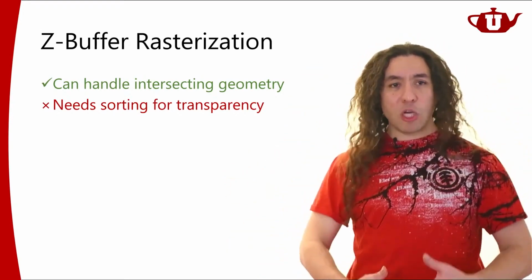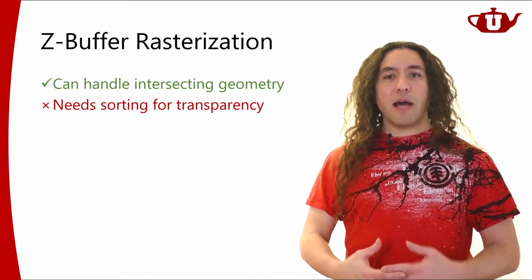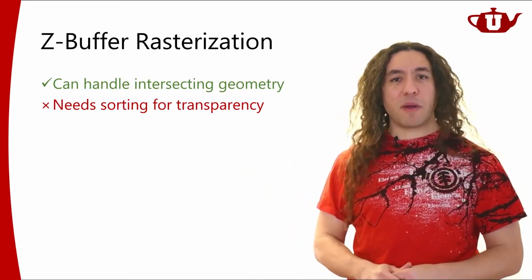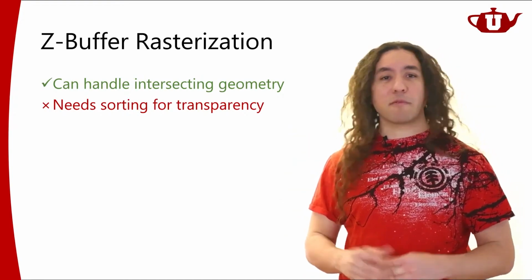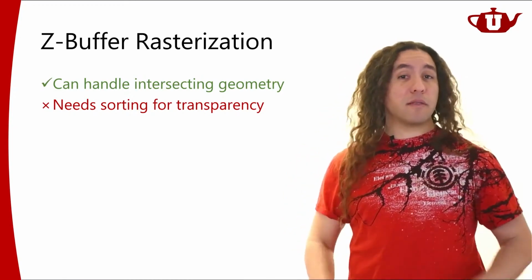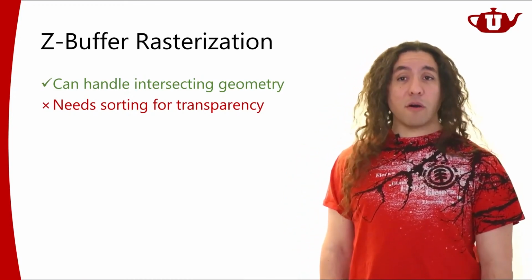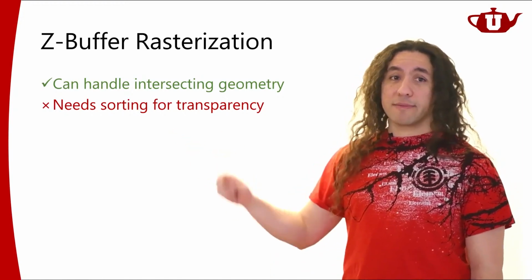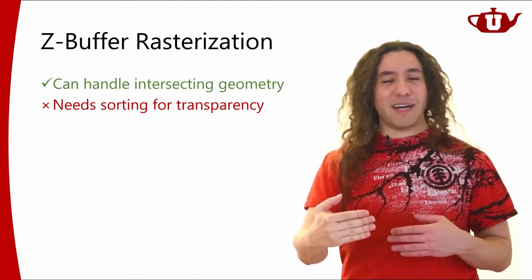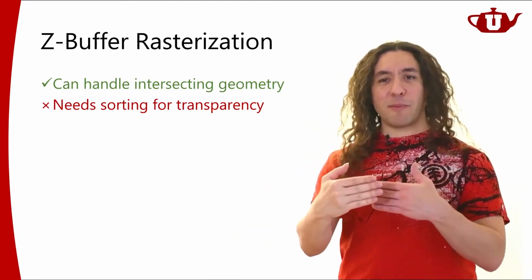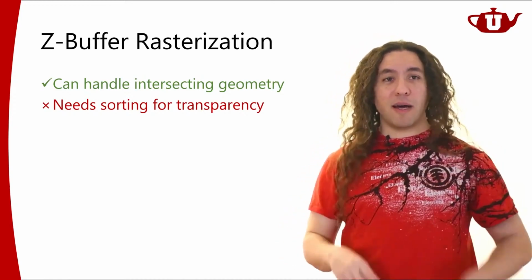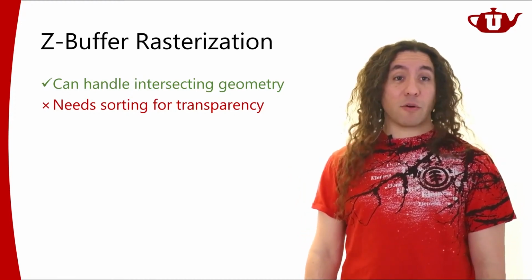So you first render the opaque stuff in your scene. After you're done with your opaque stuff, you render the semi-transparent objects on top of them. So if you have glass windows and things like that, they're rendered after you render the opaque objects. And also, you kind of need to have sorting. You need to render them in the correct order, especially if you have one semi-transparent object in front of another semi-transparent object. You need to render them from back to front. Otherwise, you won't get the correct result.